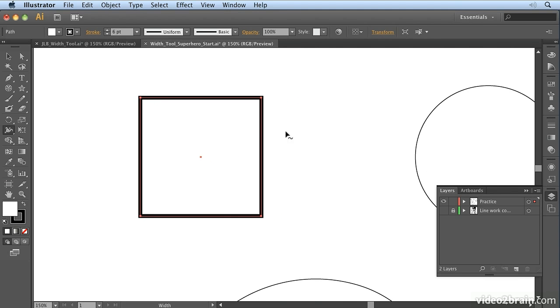Now, before I do this, I should really let you follow along. So if you want to follow along, you can open up Width Tool Superhero Start and follow along with me. Once you have that open, select this shape, this rectangular shape, and then click on the corner and just drag to adjust the width. And you'll notice I've fattened it at this corner, and then it tapers off down to